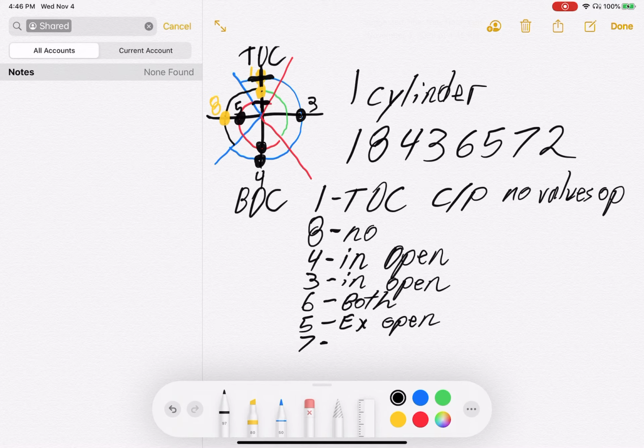Cylinder 3, you could adjust the exhaust. Cylinder 6, they're both open, so none for cylinder number 6. Cylinder number 5, the exhaust is open, so you can adjust the intake. Cylinder number 7, the exhaust is open, you can adjust the intake. And cylinder number 2, they're both closed because you're in that power stroke there, which means you can adjust both